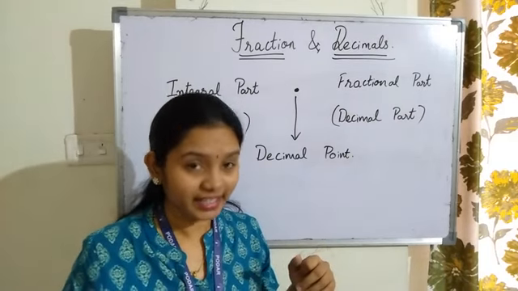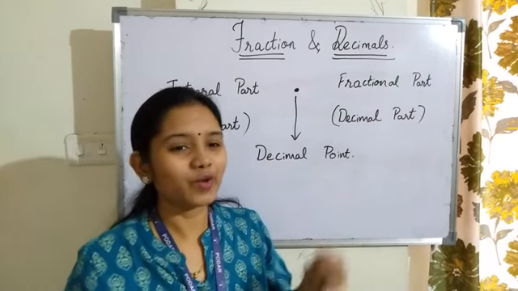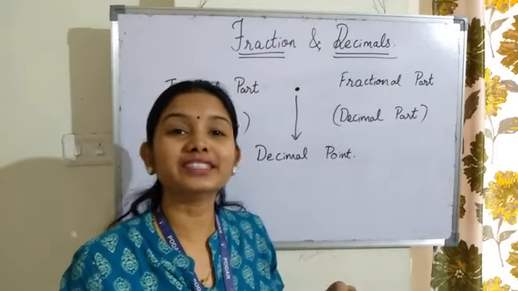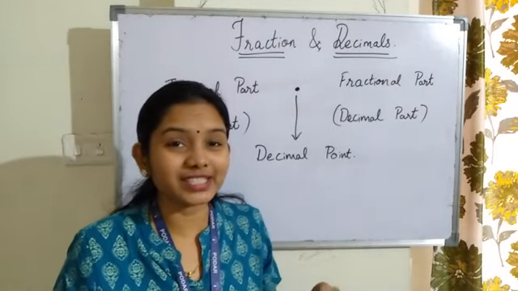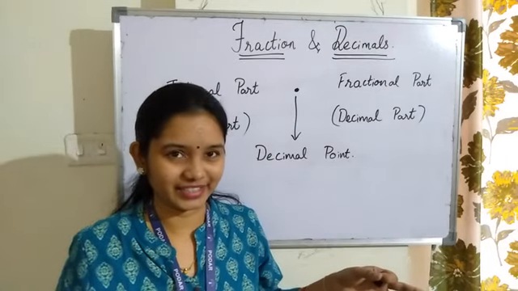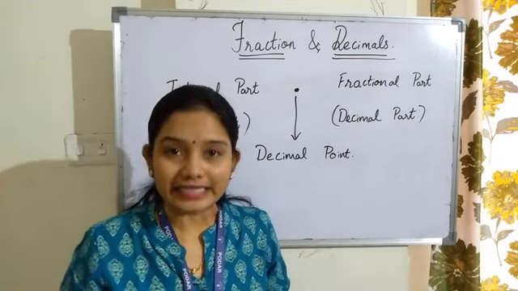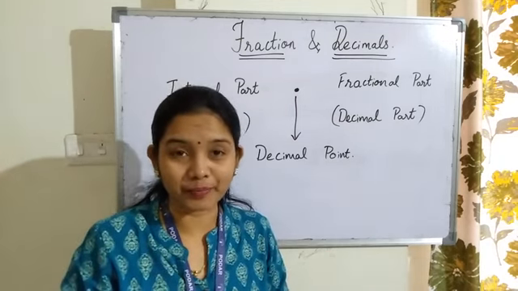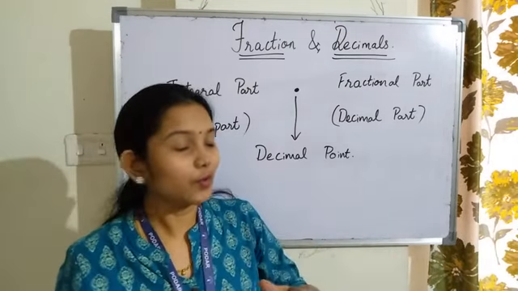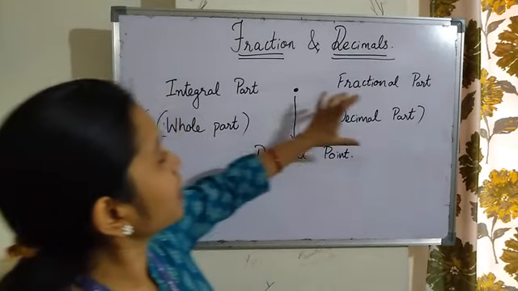Just think. Yes, when we are talking about temperature, isn't it? When we are talking about money, at that time also decimal numbers are there. Again, where do we use such numbers? Yes, when we are measuring anything, for example distance or weight or liquid, that is kilometer, centimeter, we are having decimal numbers. So the decimal number has two parts, the whole part and the decimal part.